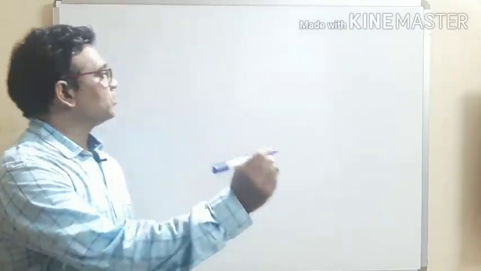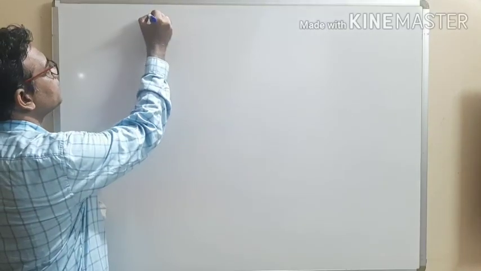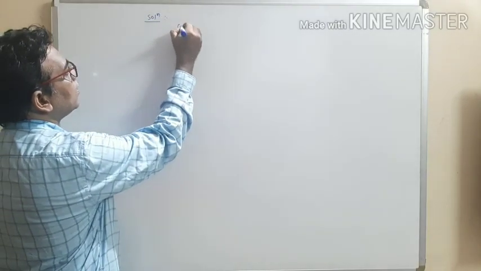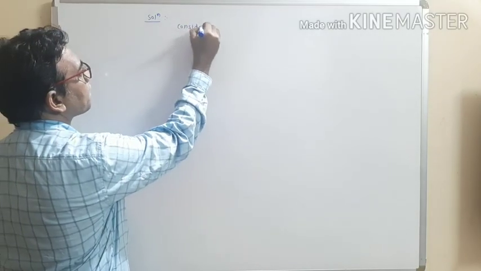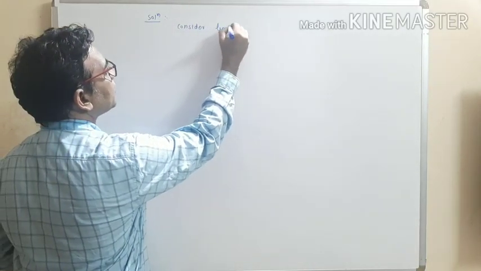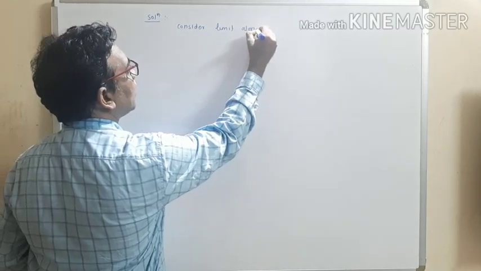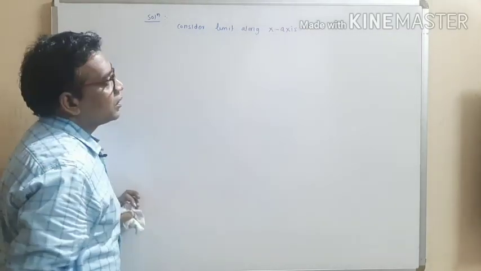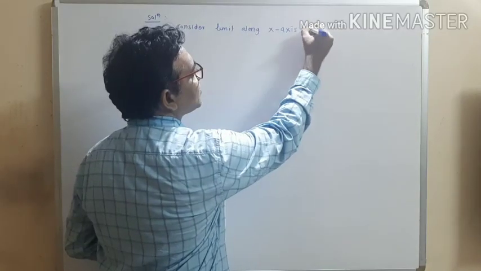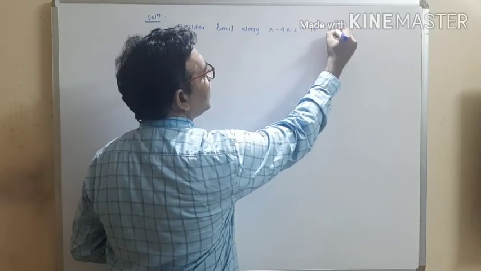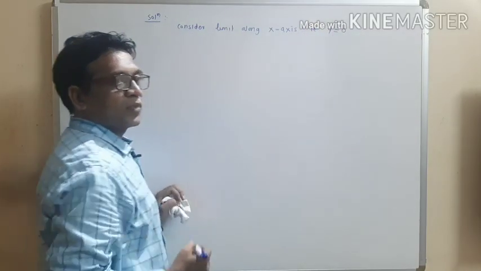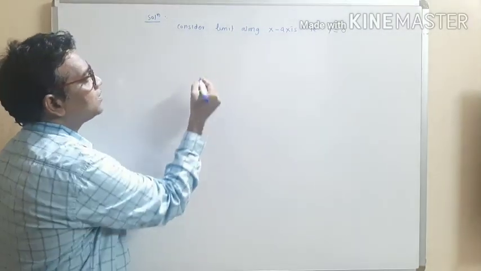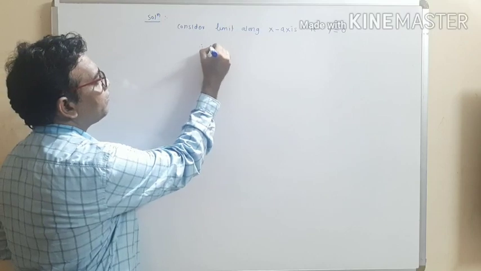Now write down the solution. Consider the limit along the x-axis. The equation of the x-axis is y equal to 0. So put y equal to 0 in the given equation and find this limit. So write down, therefore we get